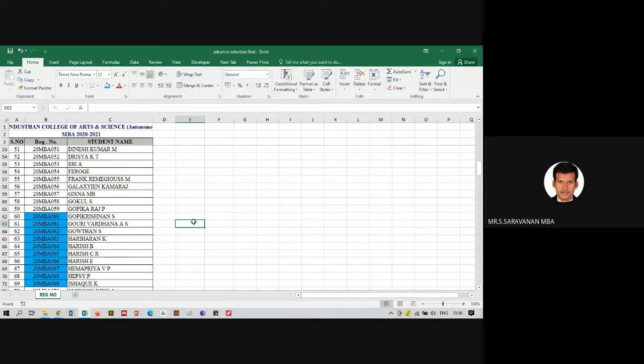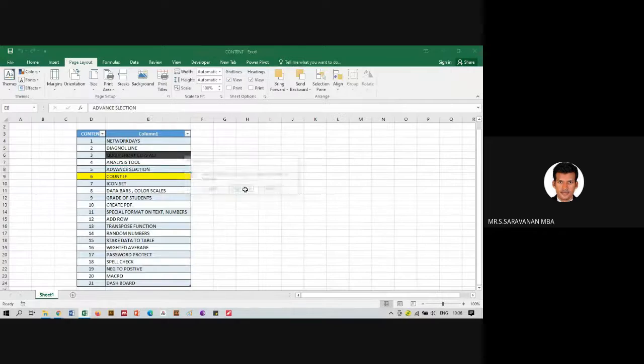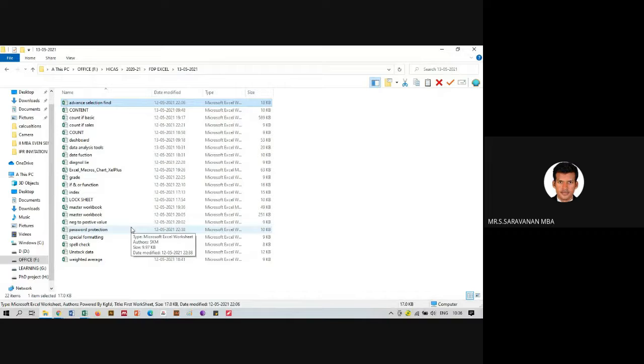So normally this kind of work is done by people in the exam cell. Okay, there will be a lot of arrears students, and we want to find out who has repeated arrears. Use this method to find the arrears students. So we used to do this. Okay, the next method is very crucial. Probably it will be very useful for you.